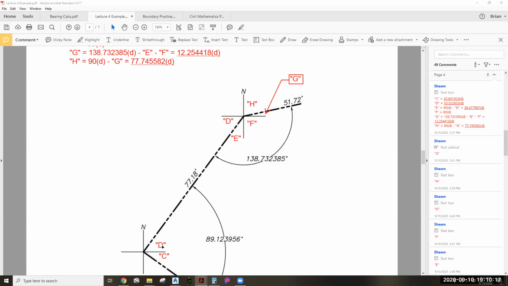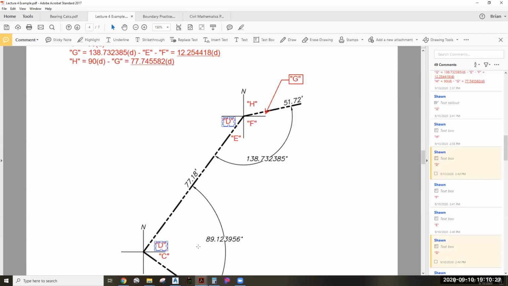Calculated C and D before. If I have D here, I can have D there. Okay? If I have D here, because they're opposite angles, the norths are parallel, the east and west lines are parallel, therefore these opposite angles are equal in terms of degrees. Okay? So if I have D,